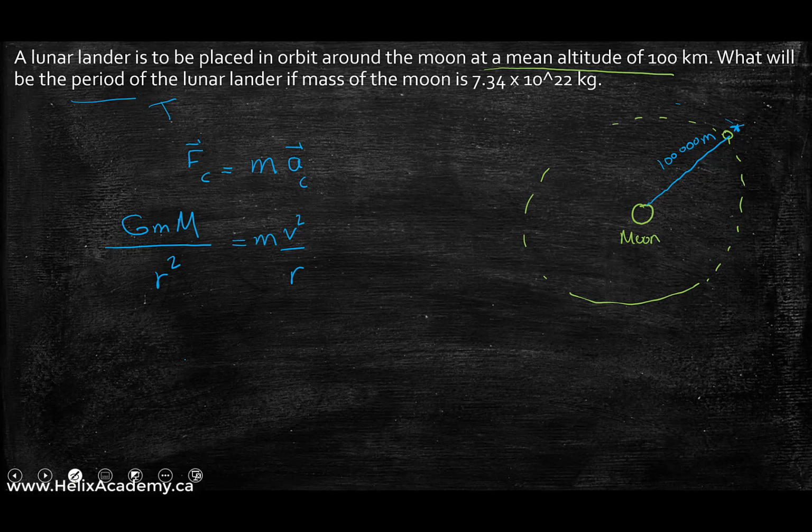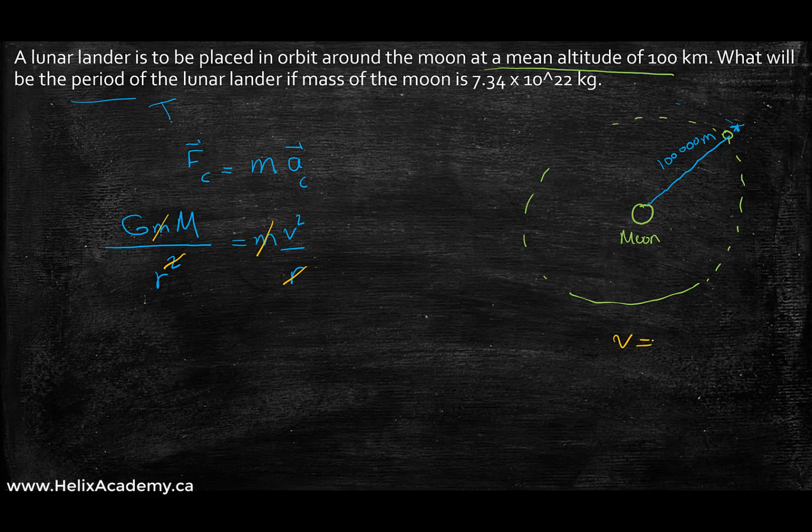Now, as you've seen in my other videos, we get to cancel this out and simplify this equation. The small m's are going to cancel, which shows that our calculation is independent of the mass of the lunar lander. And the r here and the power of 2 of r here also will cancel. Now in this case, we are solving for the velocity because we're looking for the period. In order to find period, we obviously need